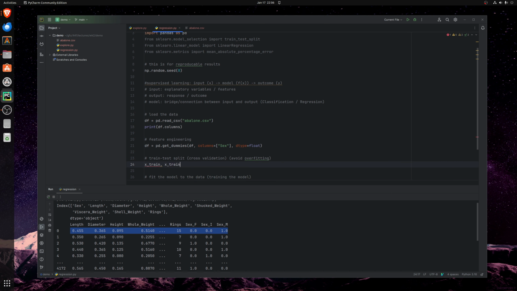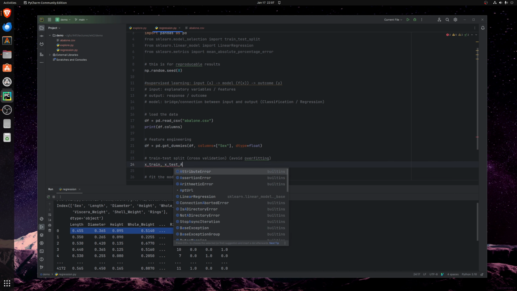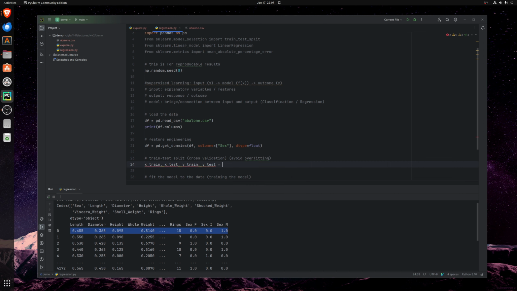And how this particular function works is it's going to return 4 values. The first 2 are the inputs, but its inputs cut into a 70-30 split. So this is going to be 70%, 30% of the inputs, and then their corresponding outputs are going to be here. So we'll have y train and then y test. And we'll do train test split, and we give it